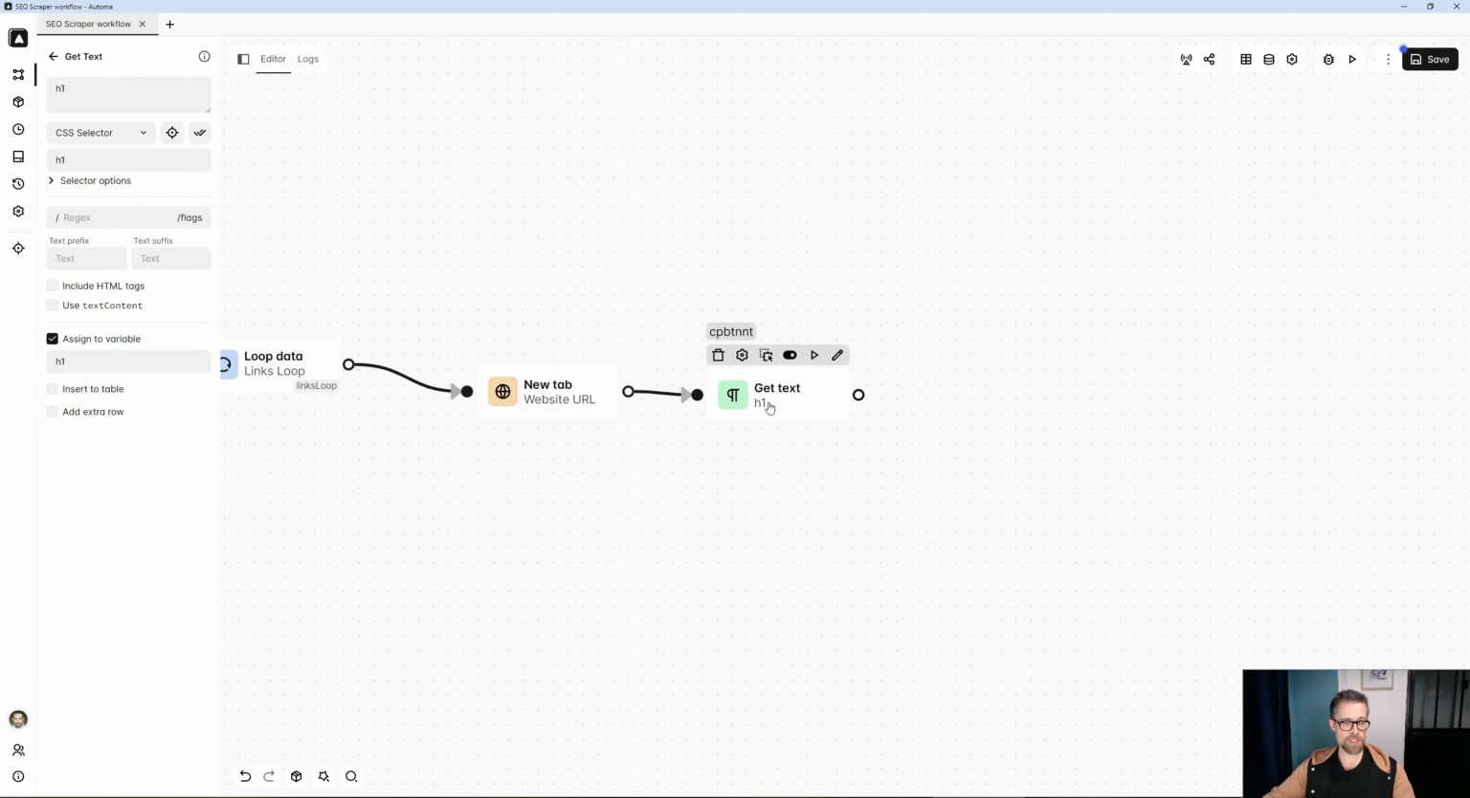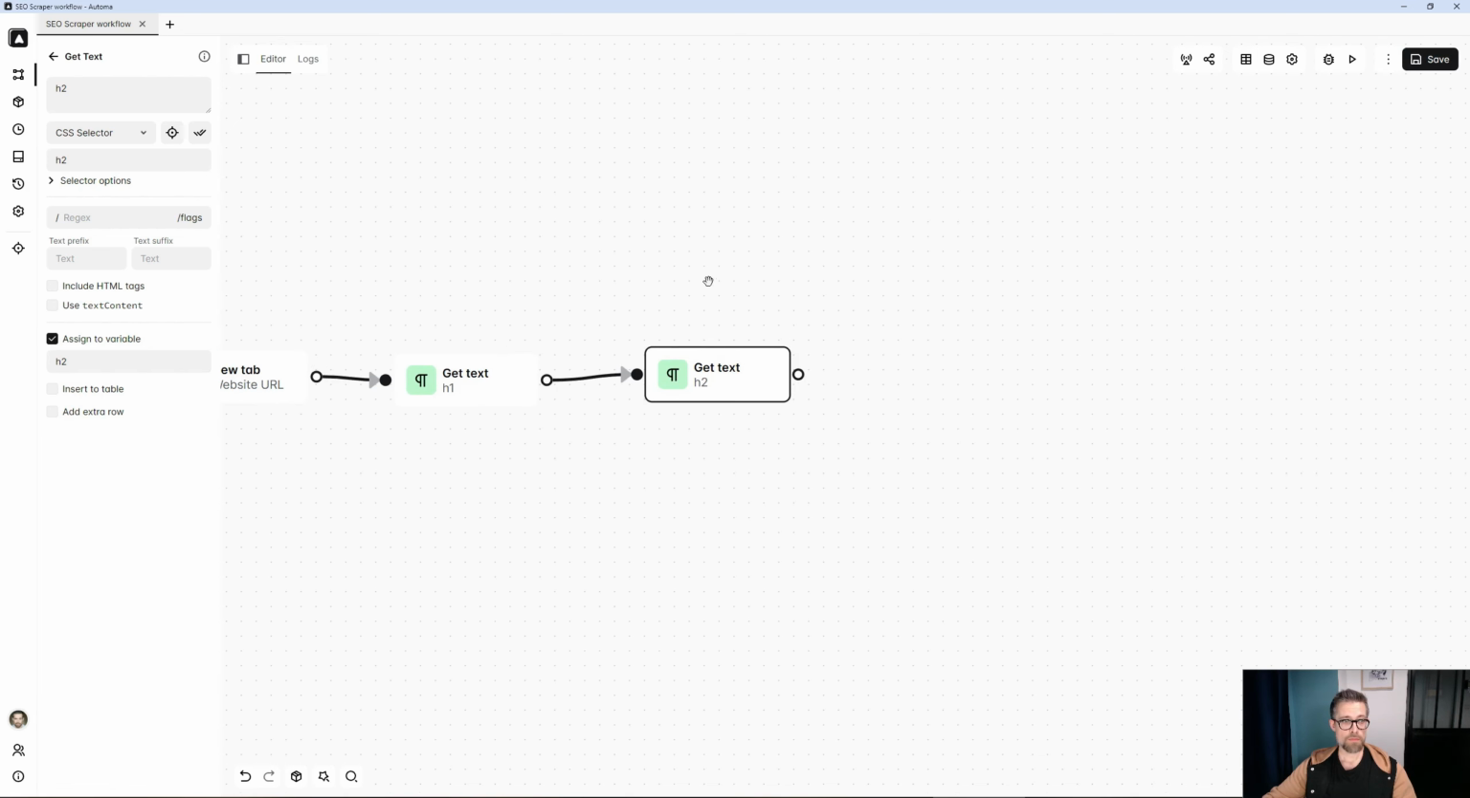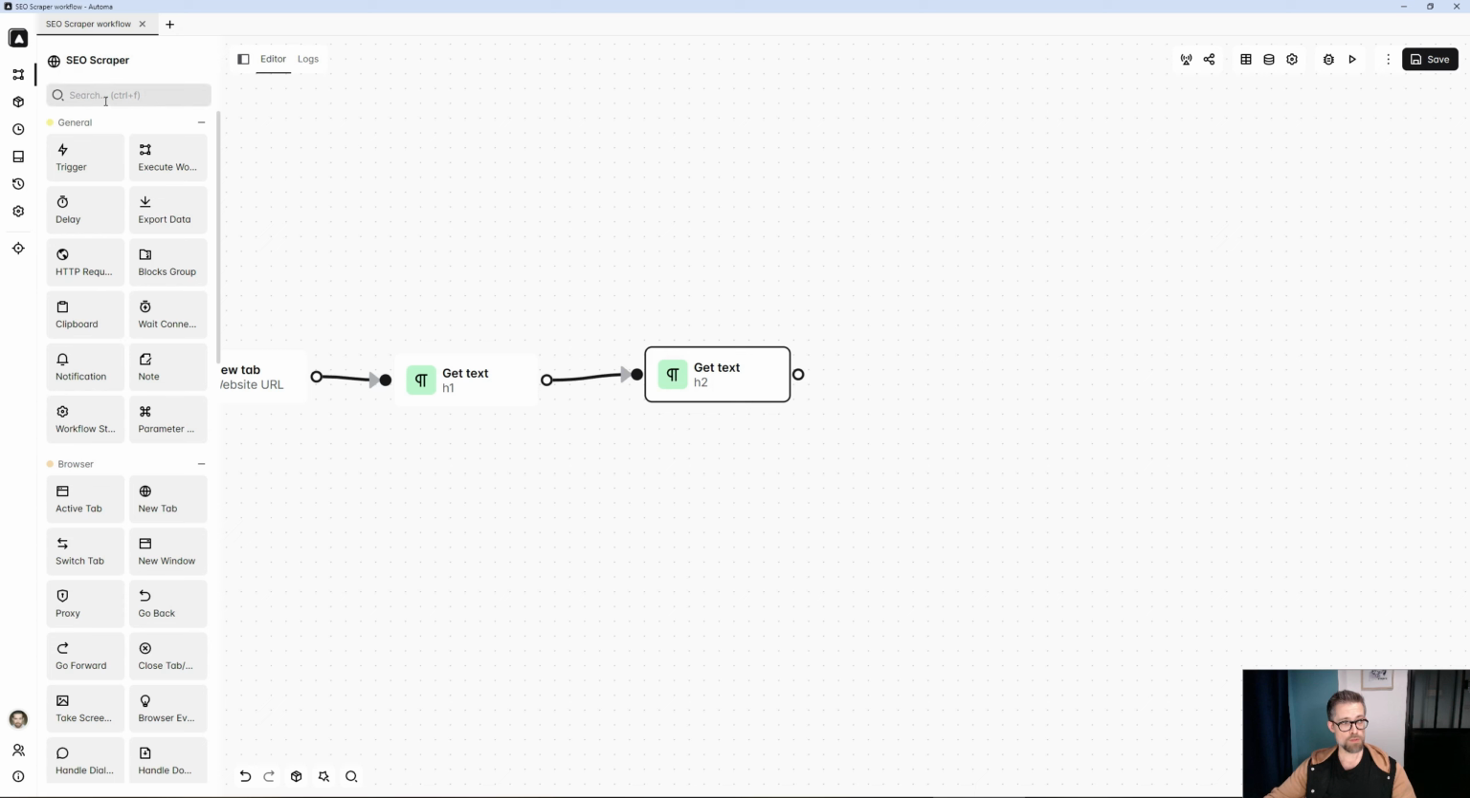Then I'll do the same with H2. So here, I'm not going to bother. I'm going to right click, duplicate. H2, aim for the H2 and call the variable H2. That's it. Then here, we retrieve the contents of the H1 and H2. I'm interested in their number. So we're going